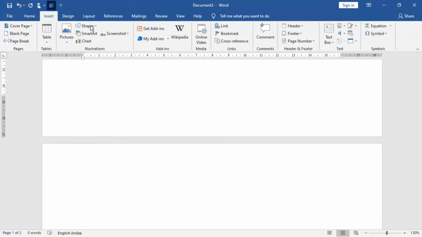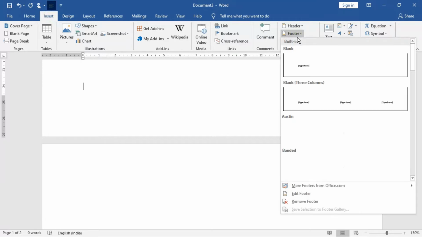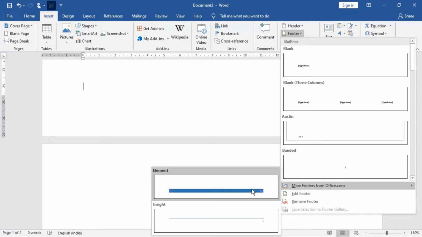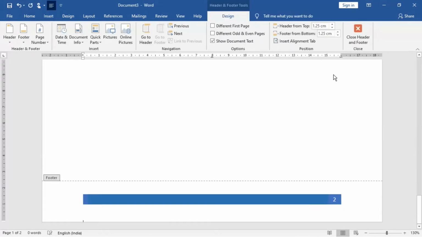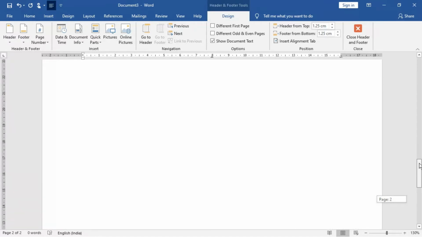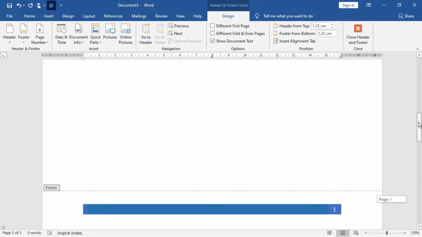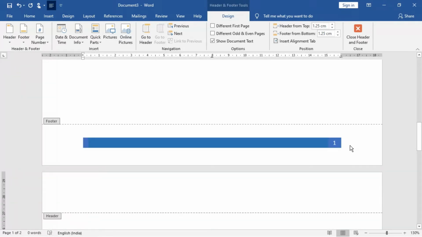Now you see how to do this. I go to Insert, then I go to the Footer option out here. Okay, and then a lot of footer styles are there. Otherwise you can download more also if you want. I can just choose this one, Element. All right, so what is happening, this particular footer is already having the page number. Since you are on page 2, the page number appears, and in this way the footer has been inserted. All right, this is the header and this is the footer already inserted, because the style is like that.